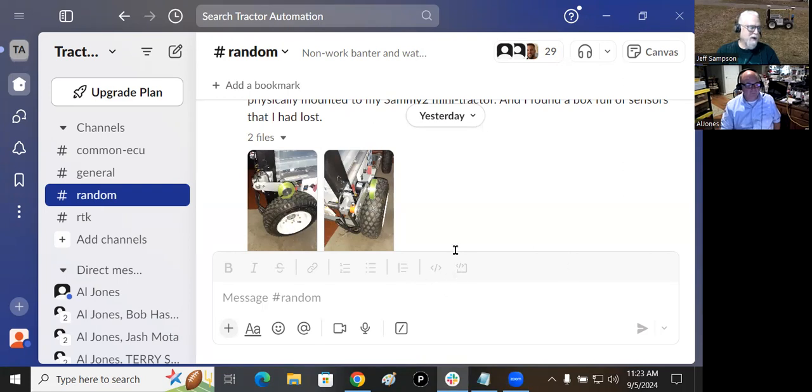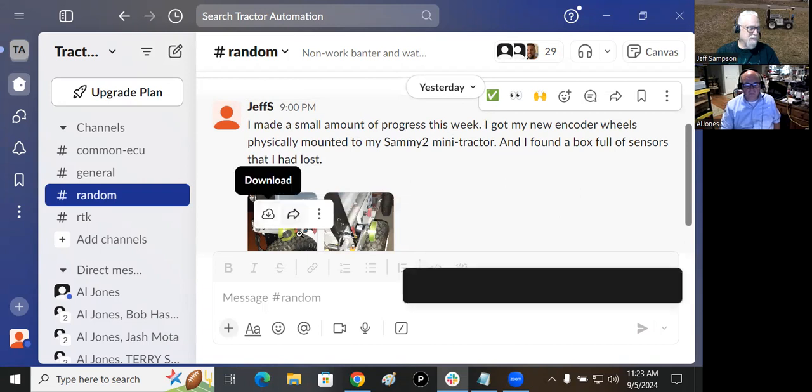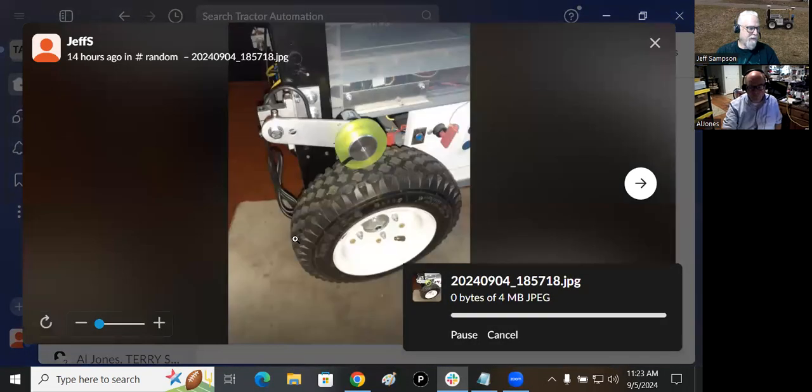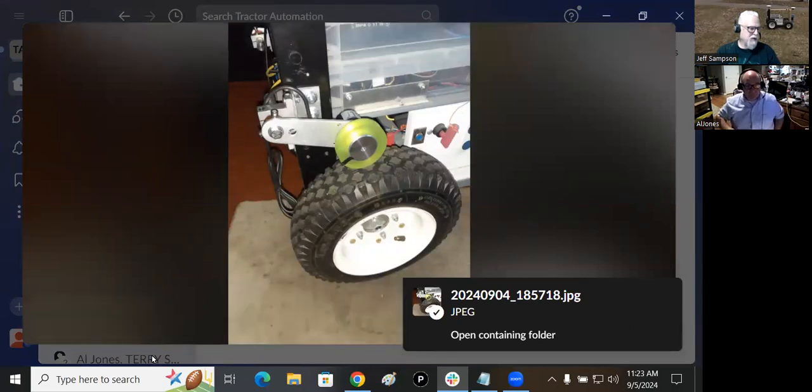So I'll move it. Anyway, I put out this post saying I got around to mounting this on the thing, and I found a box full of sensors that were lost. So we'll go look at the first picture here, and this is just a side view of the thing. And if we zoom in on it,